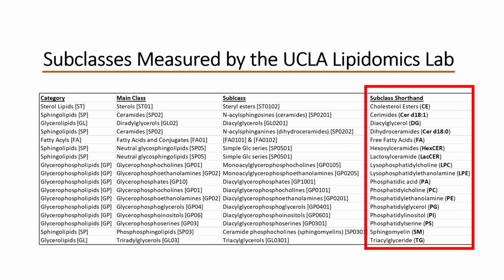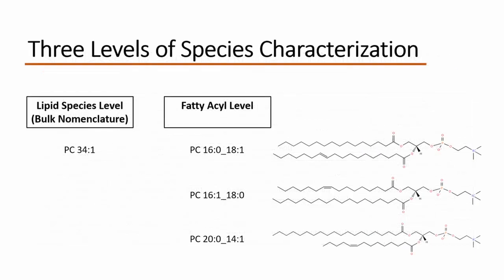It should be noted that our coverage is not comprehensive. Currently, the LipidMaps database contains over 60,000 lipid species. We have targeted approximately 1,400 lipids that are known to be most abundant in mammalian cells, tissue, and plasma. In the average analysis, we report out several hundred of these species. The nomenclature for individual species within these subclasses will depend on the level of characterization within the mass spectrometry experiment.